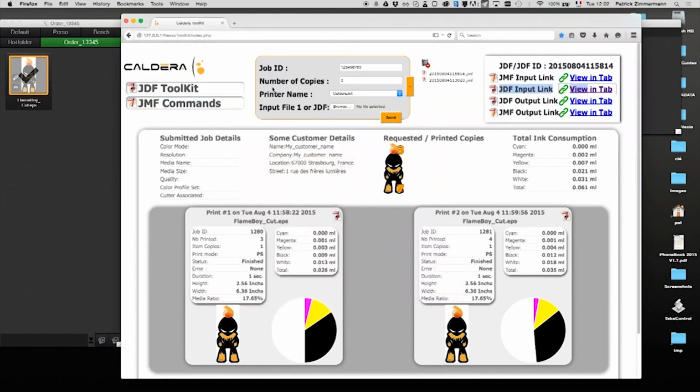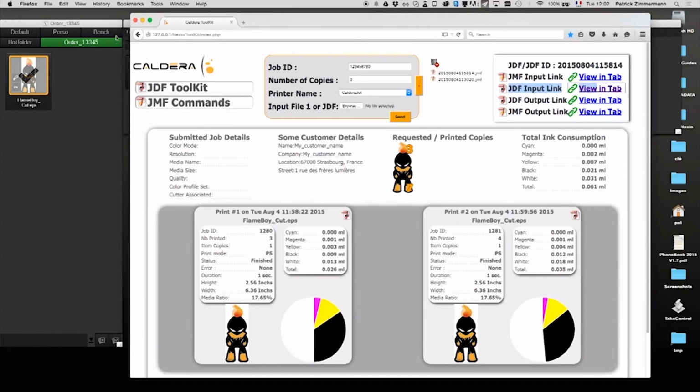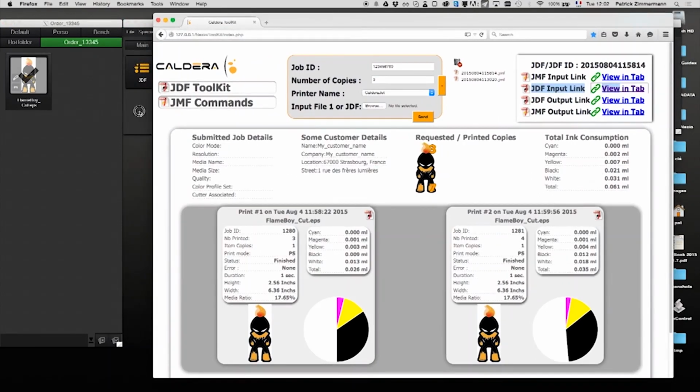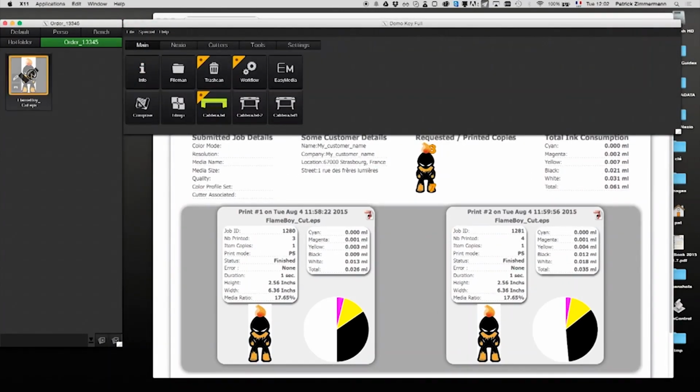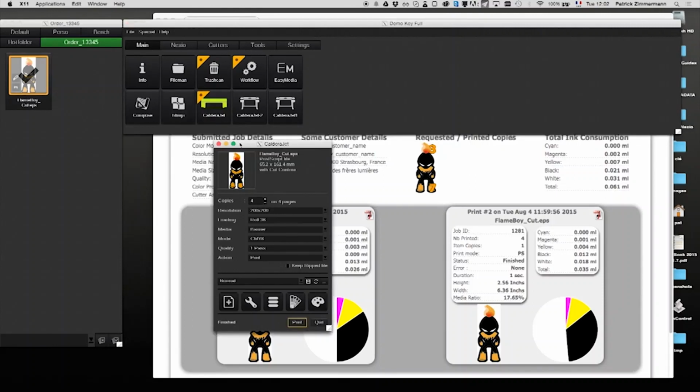This information can actually be used for simple sorting, as you can see here. I will show you. You can define which one of these pieces of information should be used for a tab. It can also be used to annotate a job, for instance. If I return to my printer,